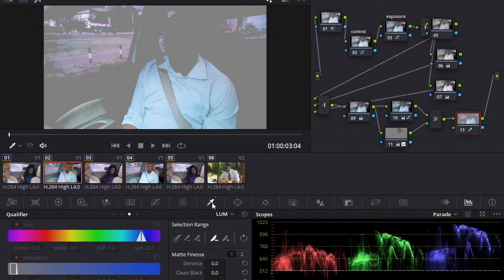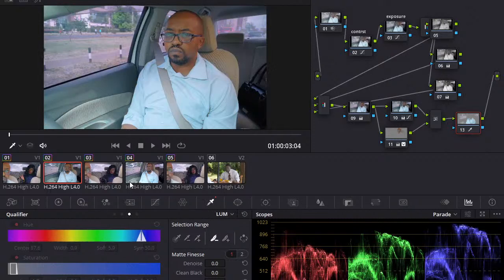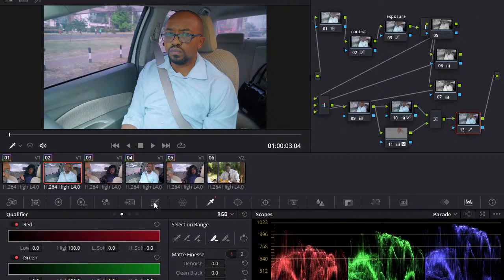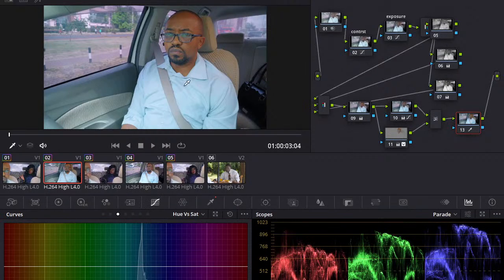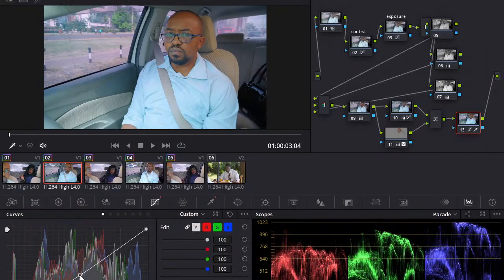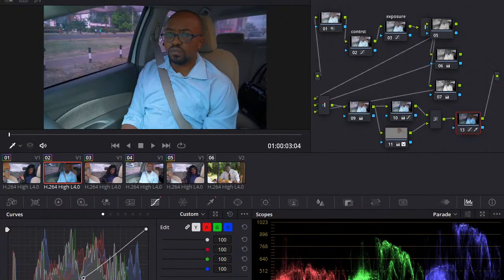But if, right, let's go back to this hue versus saturation and just select that hue, and you can see if I was to push it up or just push it down, see, you can desaturate, you can even make the shirt white. But in my case, I just want to add a little bit of vibrance there. Maybe possibly turn down the brightness for the shirt, make sure that the shirt is a little bit visible.